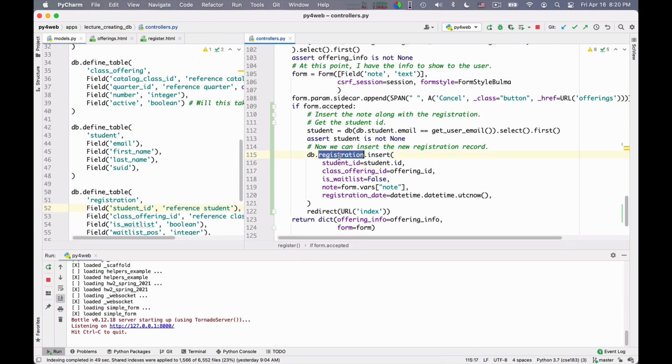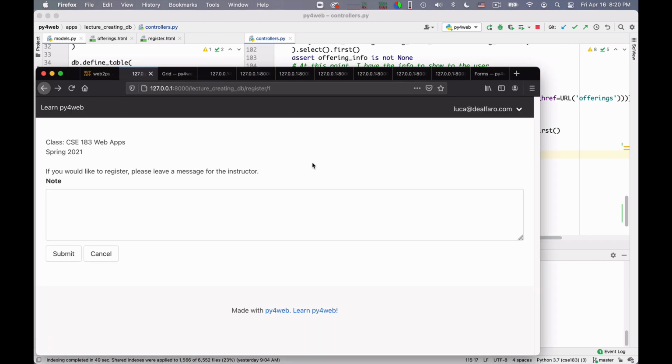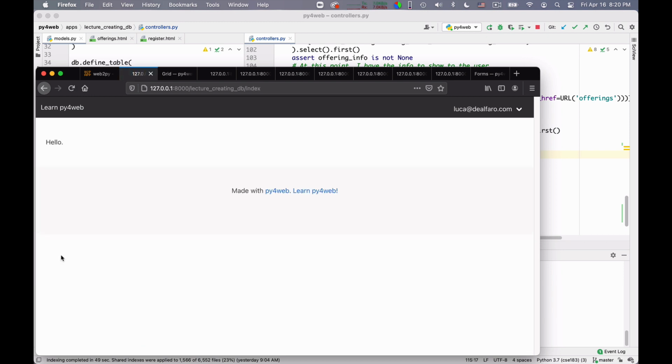So here I fixed the spelling of my registration table. I had written it wrong. Once this is fixed, I can go back to my form. I can say I really like this class. I can click on submit, and this maybe has done it.